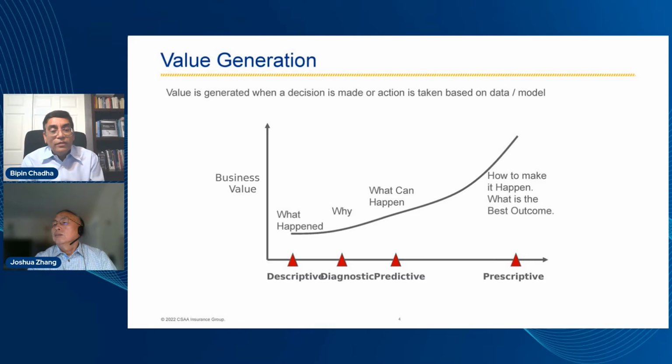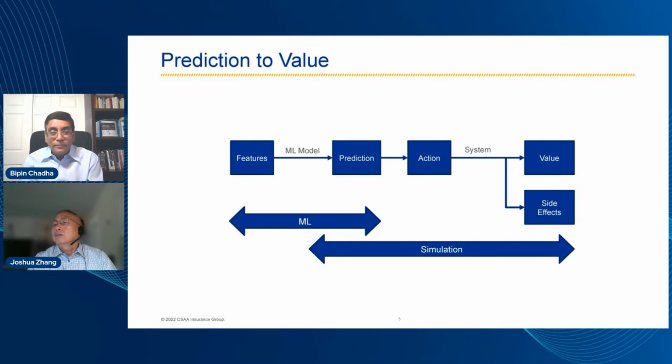And that's where simulation techniques really start coming into play. So, all the digital twin type technology we're going to be talking about right now essentially comes into play on the prescriptive side. So how does that happen? If we go to the next slide,